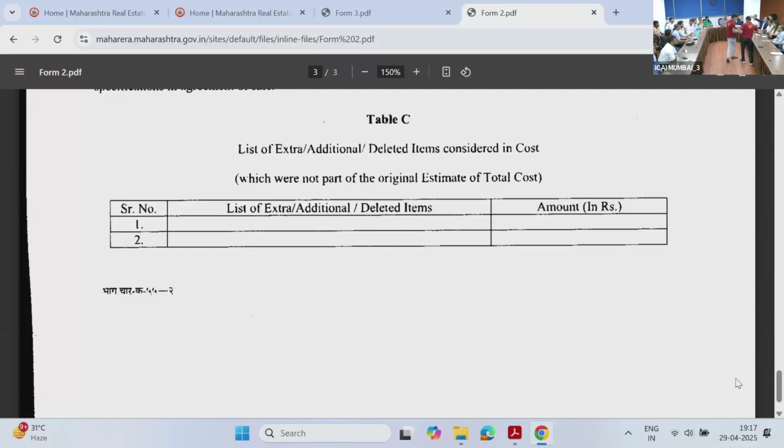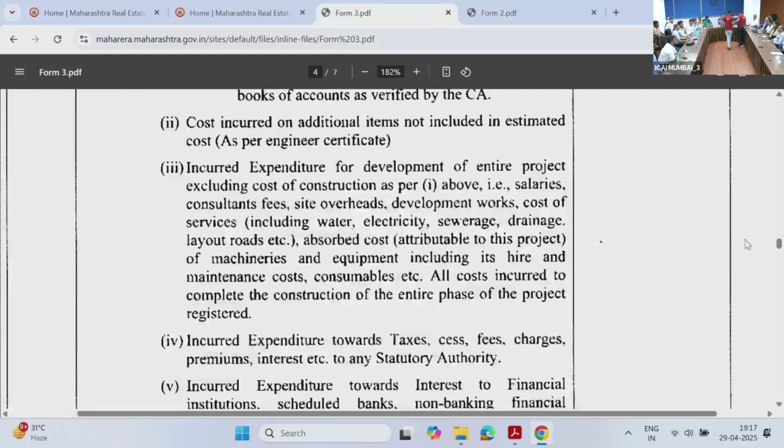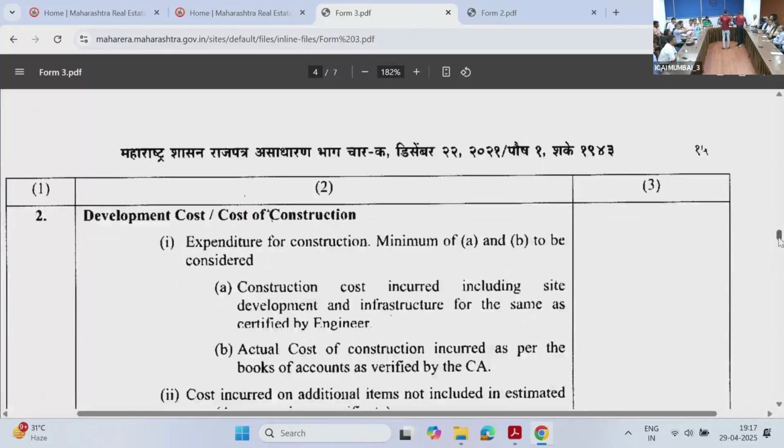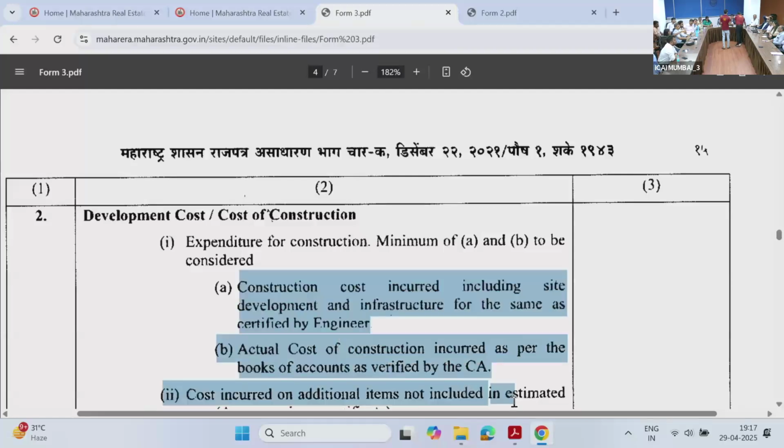Form 3 में फर्स्ट पॉइंट में ही आएगा। कॉस्ट ऑफ इनकर्ड, इसके ऊपर वाला, ये वाला बी में, इधर 1A में, 1B में ही जाएगा। ए और बी का टोटल आएगा ना? हाँ, ए और बी का टोटल आएगा। नीचे जाओ।